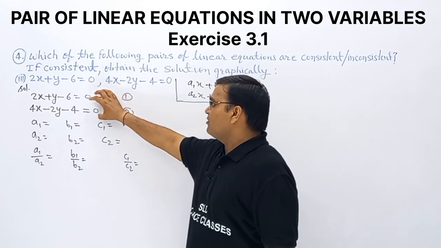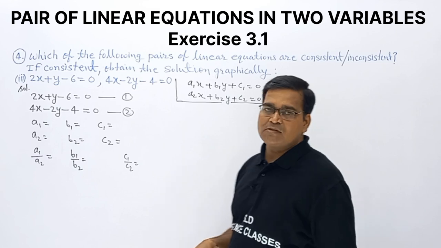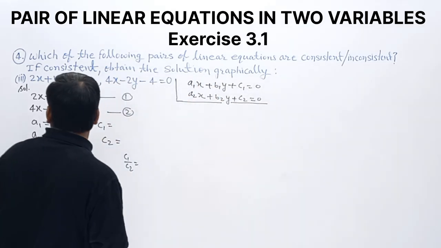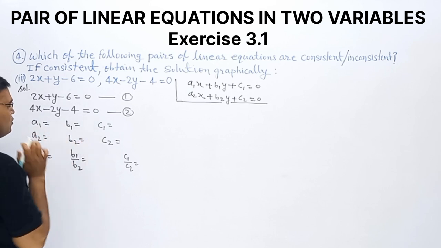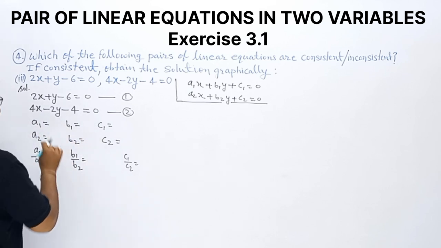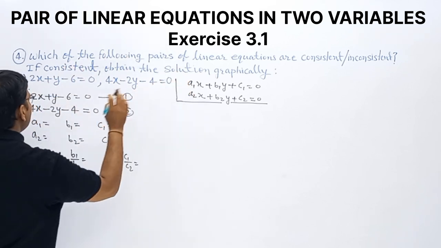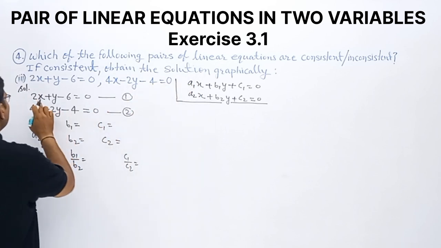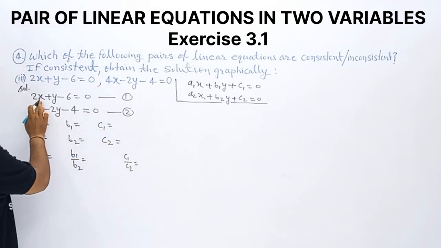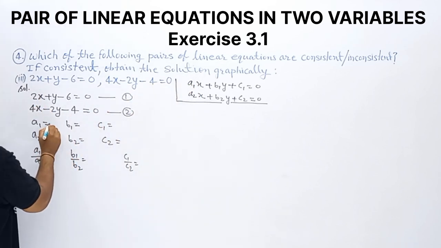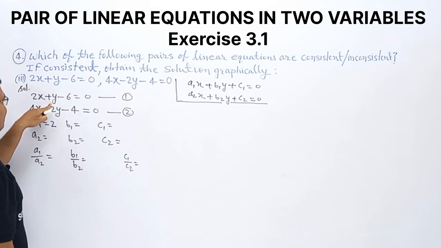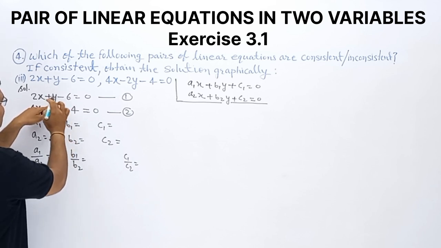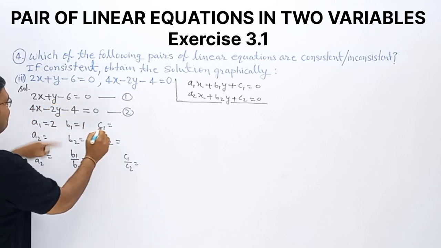Now we will compare these equations with the general equations. Then what are the values of a1, b1, c1, a2, b2, c2? a1 is the coefficient of x. In equation number 1, the coefficient of x is 2, so the value of a1 is 2. Now what about the value of b1? It is the coefficient of y, so b1 will be 1, and c1 will be